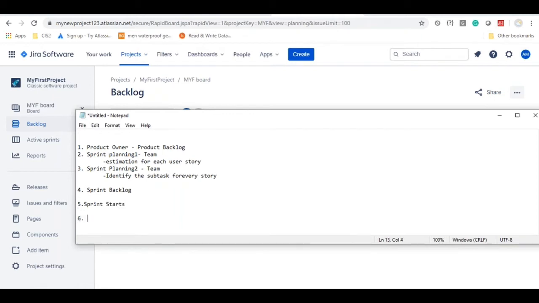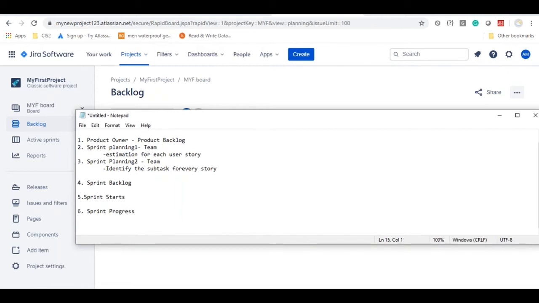Next, sprint progress. Once all the days are over, 2 weeks are over, or maybe you might have selected 2 weeks as a duration for the sprint, at the end you have to stop the sprint or complete the sprint.